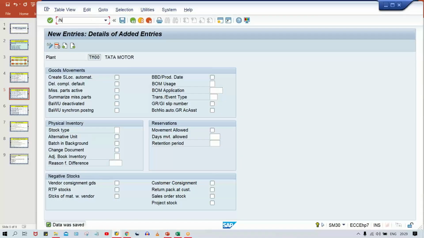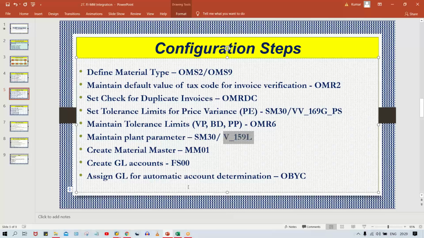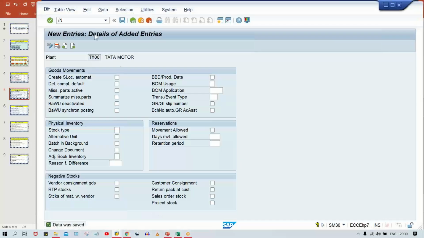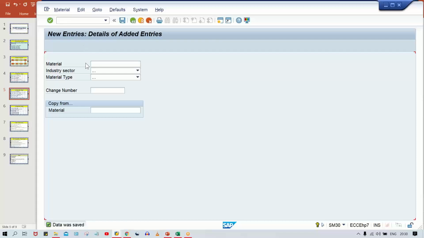Okay. So now whatever required configurations are there, we have done. Apart from this, yes, we are having a few more configurations, guys, like creation of the GL account. Then we have to assign the GL account. Okay. So we can do this also initially, like you can create the material master first, or else you can set up the GL account. We can assign this GL account, and then we can go for material master creation. Anything can be done. I'll just do one thing, guys. You just use the MM01 transaction code. We'll set up the material master MM01, and here,